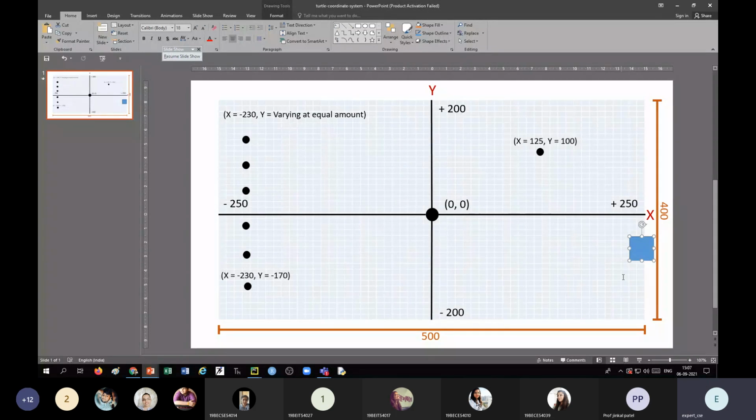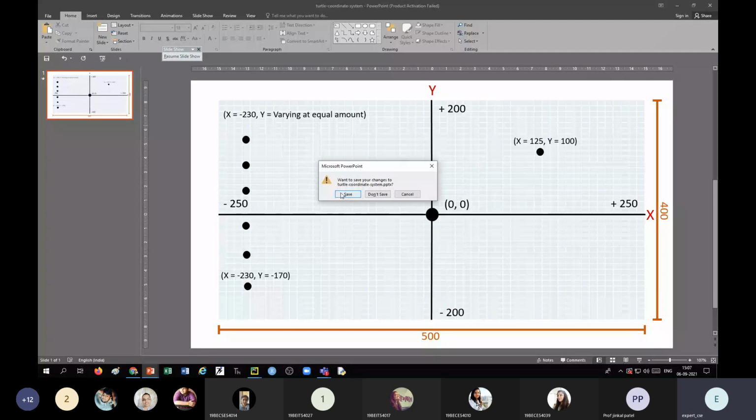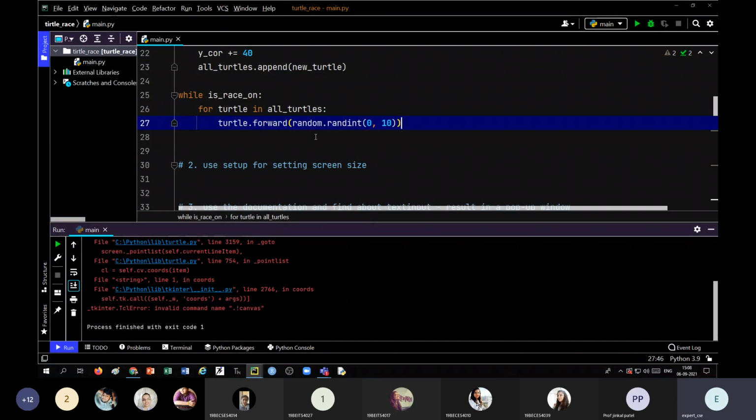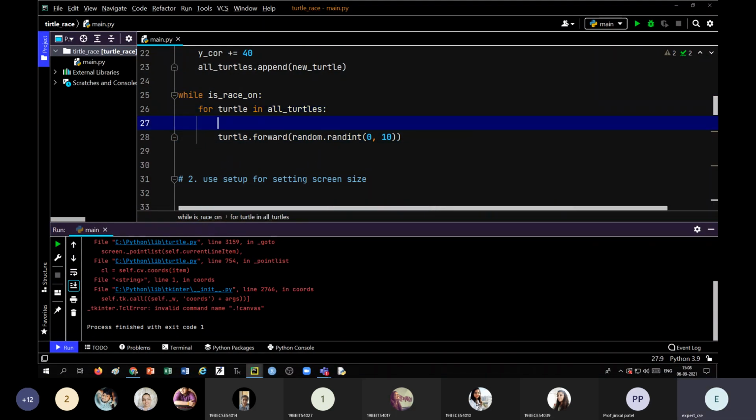Okay, that means only 20 pixels before this. So when any turtle reaches beyond the 230, we'll stop the game. So what we will do, we will check whether, moving it forward, we should check if turtle